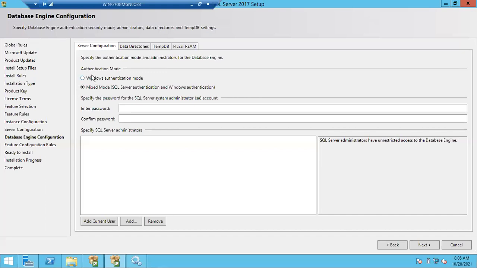Authentication means simply how you are going to log into the SQL Server, using Windows or using mixed mode. Here I'll just explain the basics. In case you don't understand, no need to worry; in the security section I'll explain this again with diagrams. If you choose Windows authentication, it will use the Windows username and password to connect to the SQL Server.